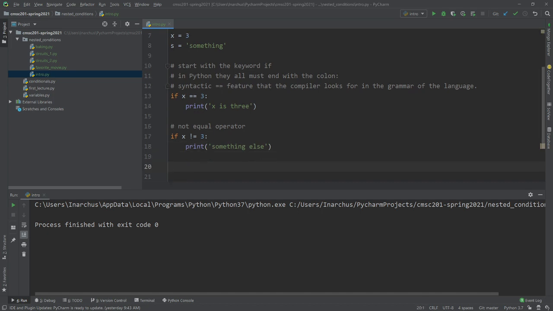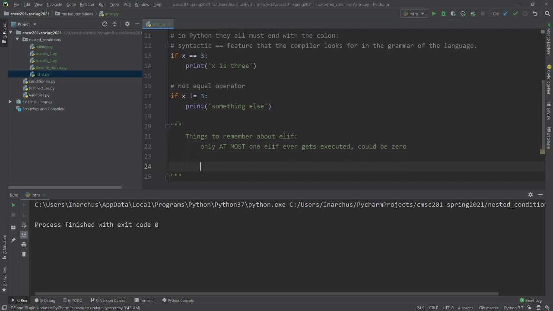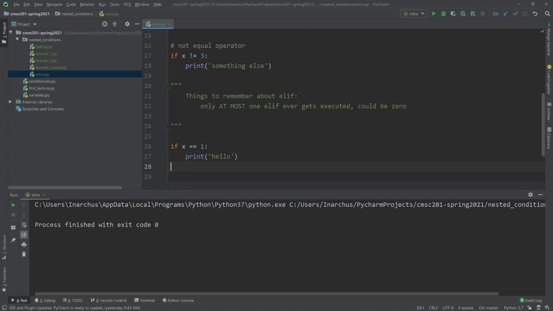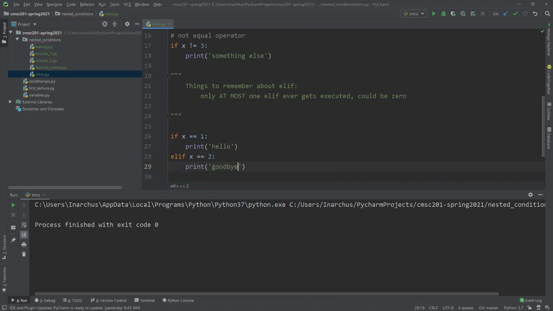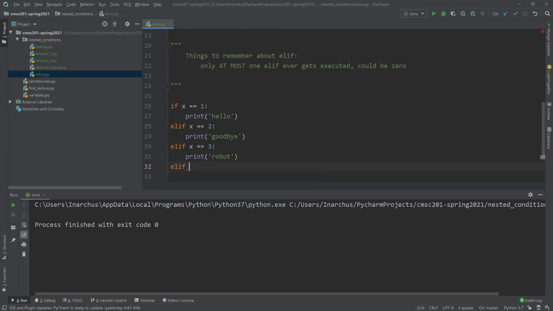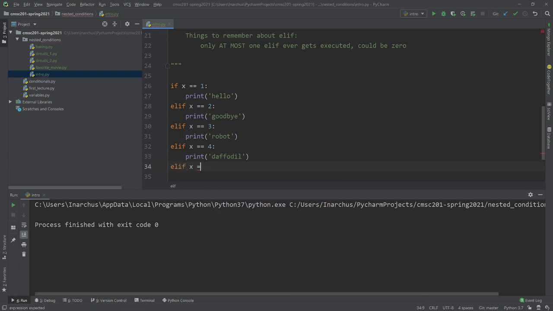And so what else do we have? So we have elif and we have else. So remember, things to remember about elif is that only one elif ever gets executed. And so I should really say at most 1. It could be 0. Because, what could happen? So if we have, say, if x is equal to 1, print hello. Elif x is equal to 2, you can print goodbye. Elif x is equal to 3, you can print, say, robot. Elif x is equal to 4, you can print daffodil. And elif x is equal to 5, you can print